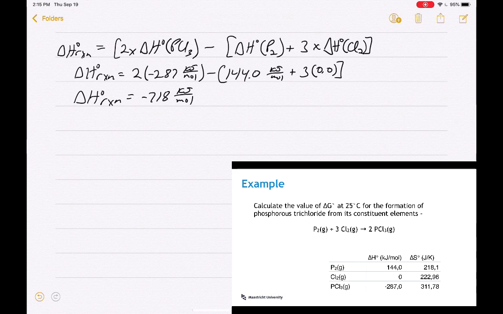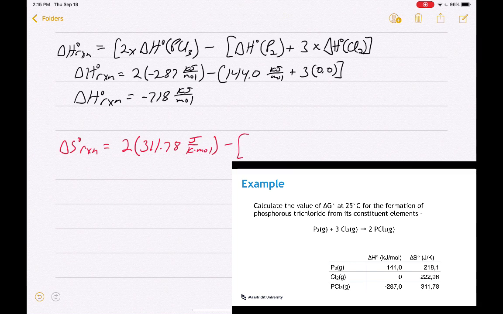The other thing we need to do is to calculate the delta S of reaction. So let me change colors here. So our delta S of reaction is going to be the same equation as the delta H of reaction, except rather than using delta H's, we're going to be using delta S's. So we have 2 times our delta S for PCl3, so that's 311.78 joules per Kelvin mole,